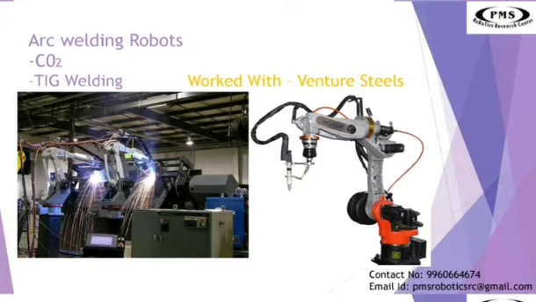Then next is plasma arc welding. It is another precision arc welding process for both thin and thick metal welding. It involves the use of plasma to join the metal together at incredible speed. The next is submerged arc welding. It may be the least common robotic arc welding process, but it is best for thick plate welding as well as longer welds. It is relatively new to welding automation. So these are some of the arc welding methods.